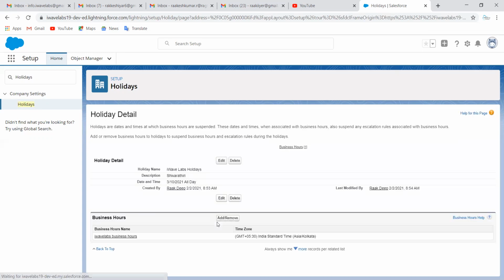Like that, whatever holiday is on a particular day, you're going to specify what that particular holiday is here. Either you're going to work half a day, or you're going to give a full day holiday. All this information you're going to specify in the holidays option here. Got it? So company holidays, which can be government holidays, can be registered in the holiday detail page.